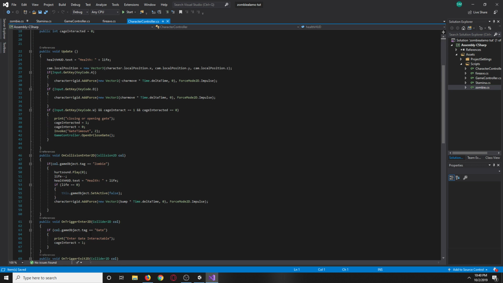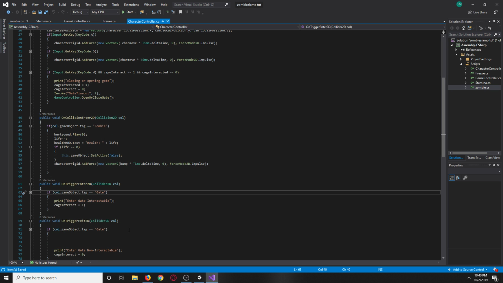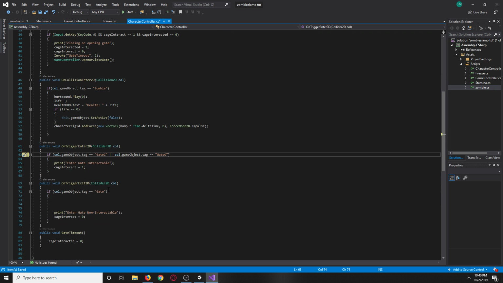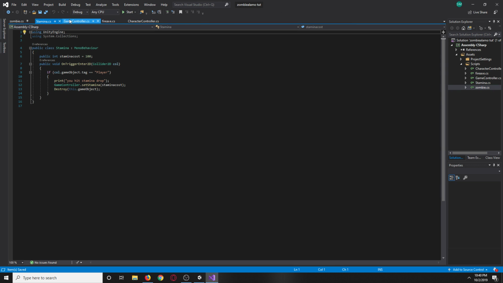So that's here, zombie on trigger gate C or gate O. Let's do this again. Gate C or gate O, because either or we want it to interact. So that's good. Stamina,